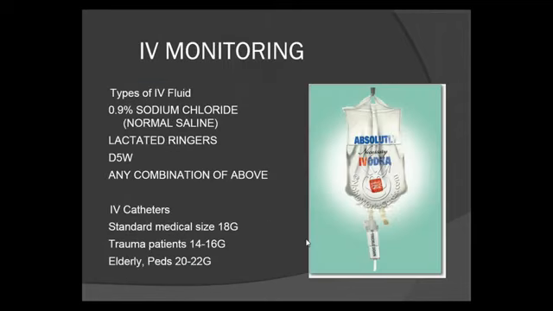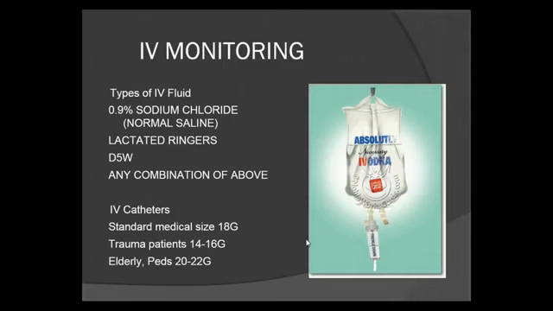Types of IV fluid include 0.9% sodium chloride, otherwise known as normal saline, lactated ringers, D5W, which is a 5% dextrose in water concentration, or any combination of the above. The standard IV catheters that you're going to come across in the field